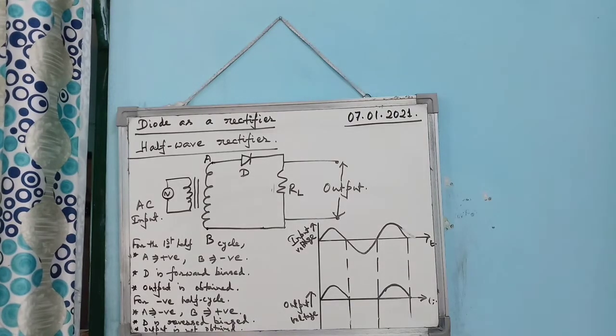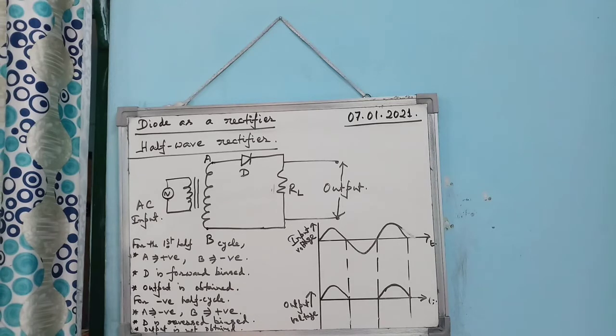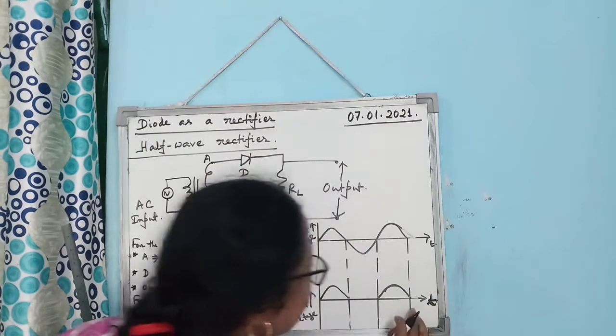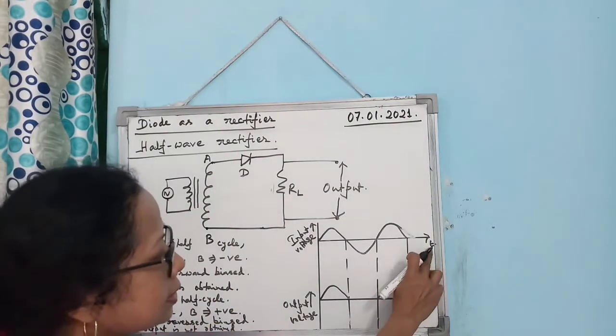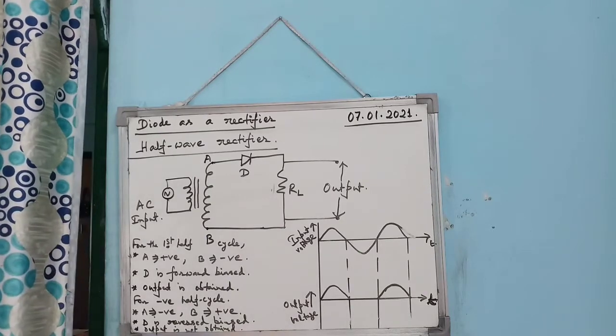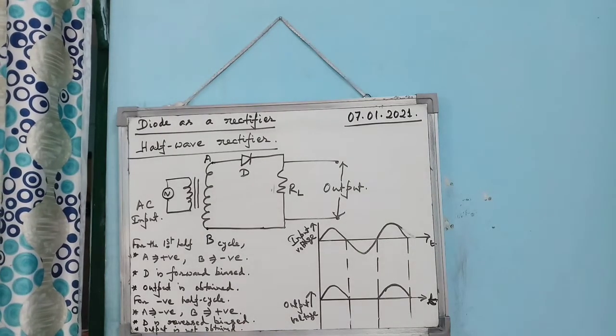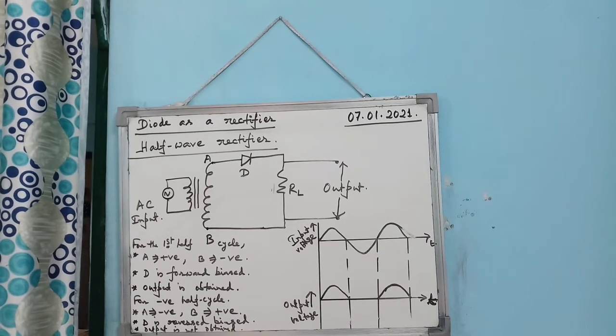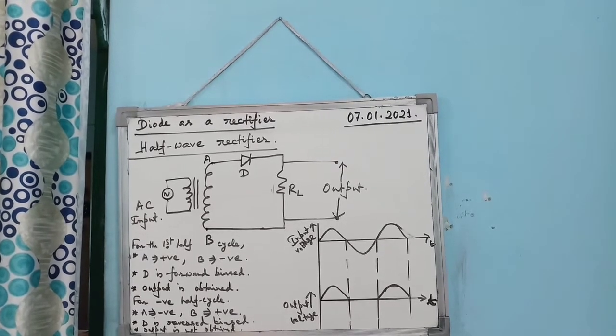Very important for your board exam. So the way I have drawn the diagram, the way I have drawn the input output voltage, exactly in the same manner you must write, learn and practice. Don't forget to mention what is plotted along the x-axis. This is time plotted, and along the y-axis input voltage and output voltage are plotted. Again I remind you that draw in the same vertical line. Then exactly the same thing you will get.